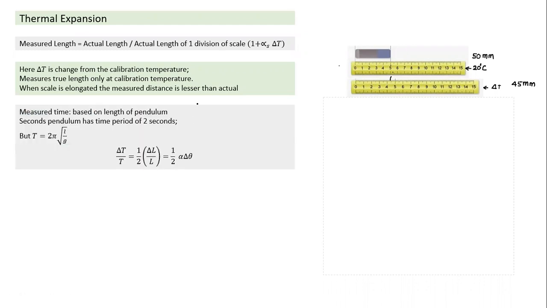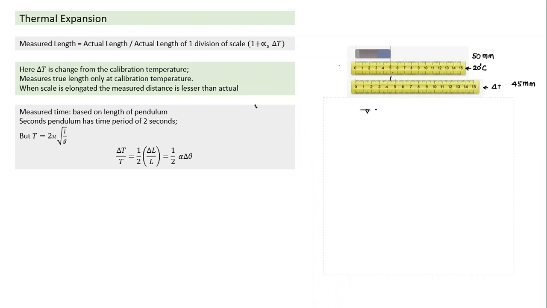A similar thing happens in the case of a pendulum, which is used to measure time. Other than these days, when you have digital watches, in the past, for many centuries, people used a pendulum for the measurement of time. And then, what do we call a seconds pendulum? What is a second pendulum? Suppose we have a pendulum here. Let's understand what a seconds pendulum is.